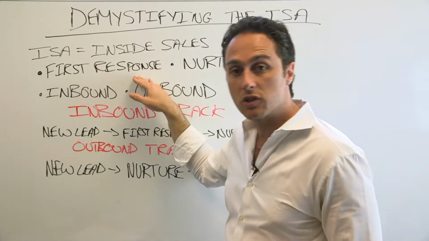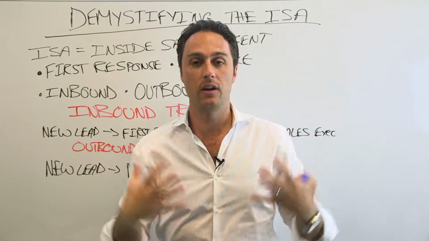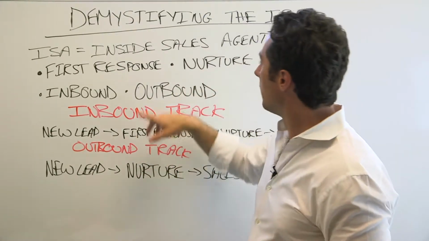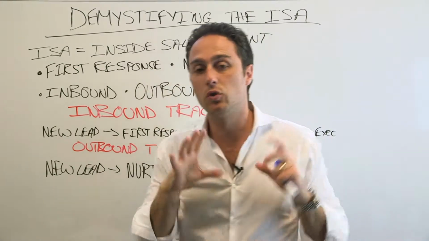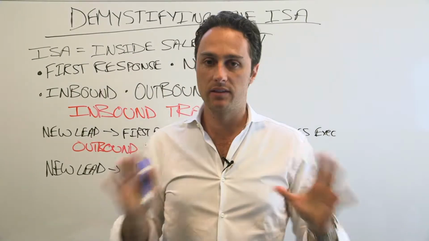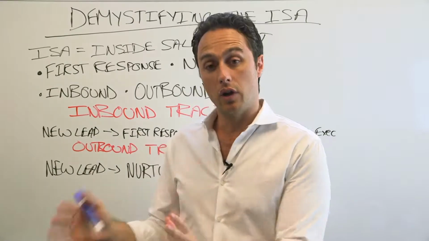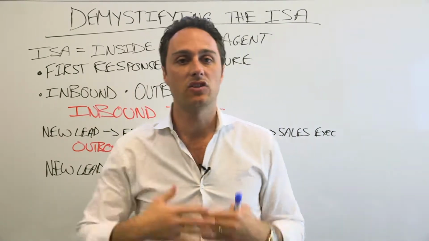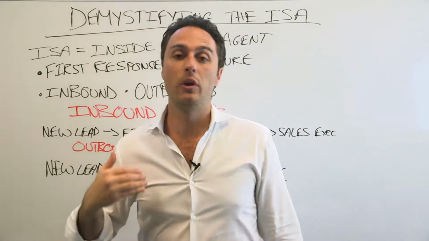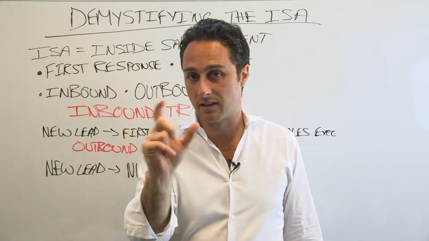First of all, there's a first response agent. You might have an ISA whose job is to receive inbound leads and be the first responder. That's number one. Number two is you might have an ISA whose job it is to nurture pipeline. Very different job from being the first responder. First responder is all about speed to lead. Nurture ISA is about massive organization and productivity over the course of the day, building rapport over the long term, and those two folks might be different personality types.